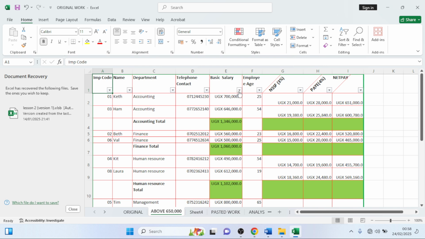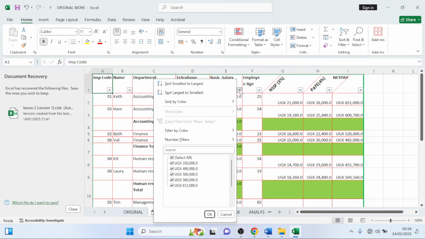I'm going to get the symbols for filter and then I start doing the filter I want. So I want to use the basic salary column to filter. So I'm going to click at the symbol under the basic salary column so that I can filter. Click at it, then I only tick the values that are above